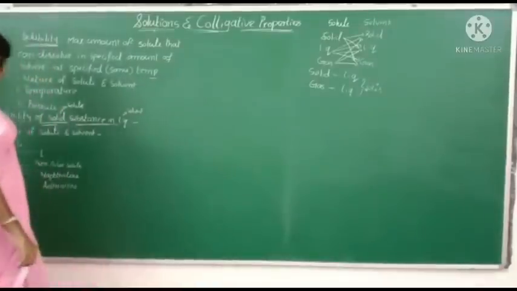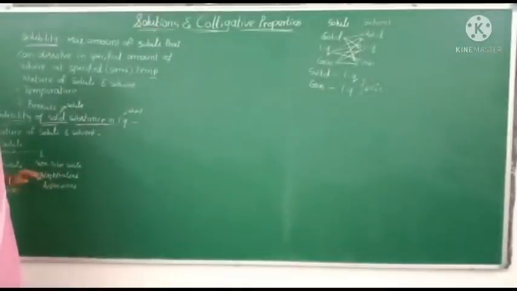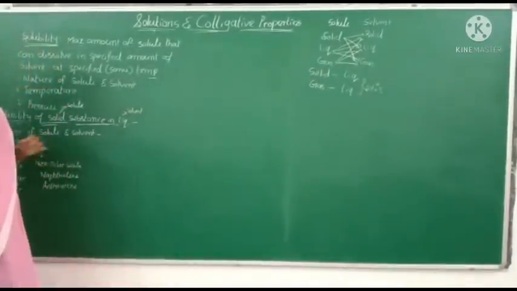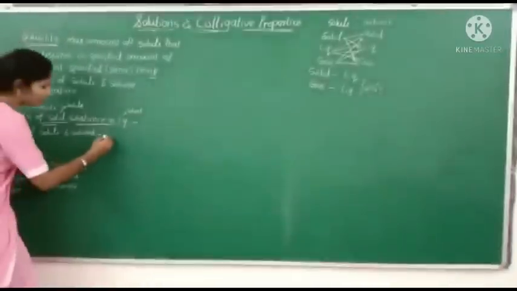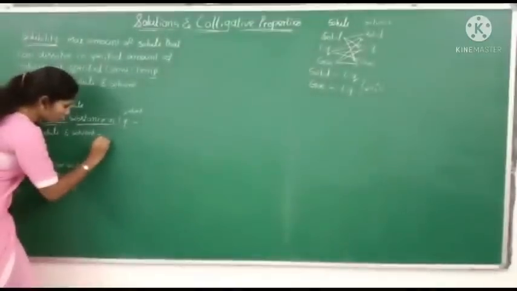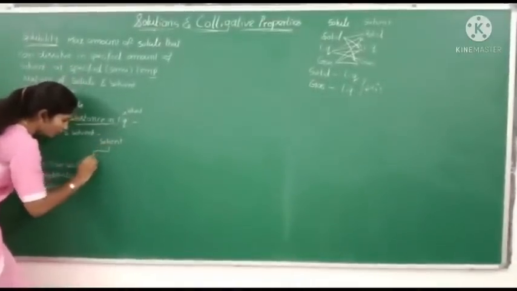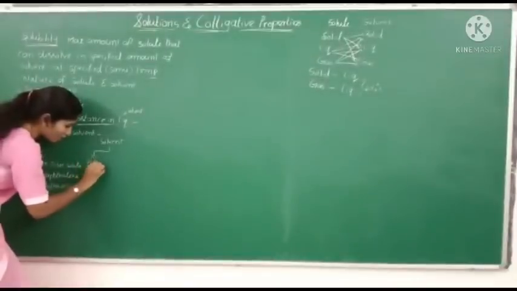Suppose now we dissolve sugar in water. Here these are the polar solutes and these are the non-polar solutes. Now we have to take the liquid, that is, the solvent. Here I am taking two types of liquids: one is water and another one is benzene. Solvent also may be present in two forms: one is a polar solvent and another one is a non-polar solvent.